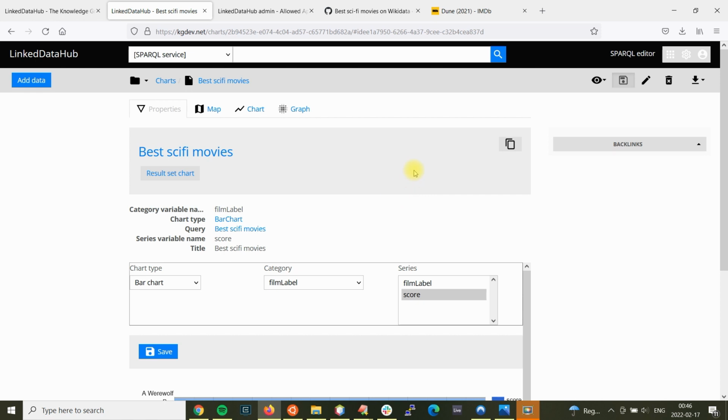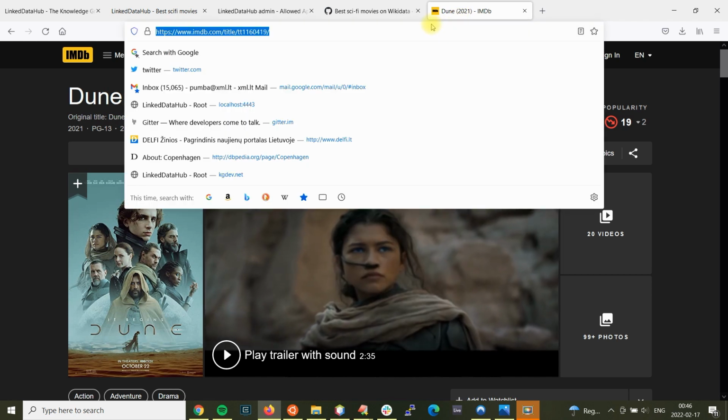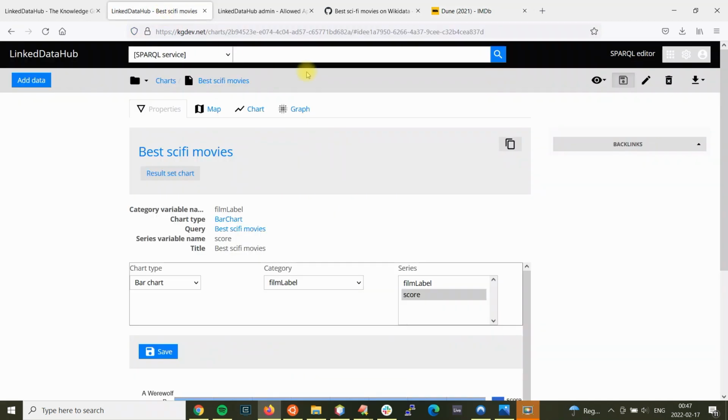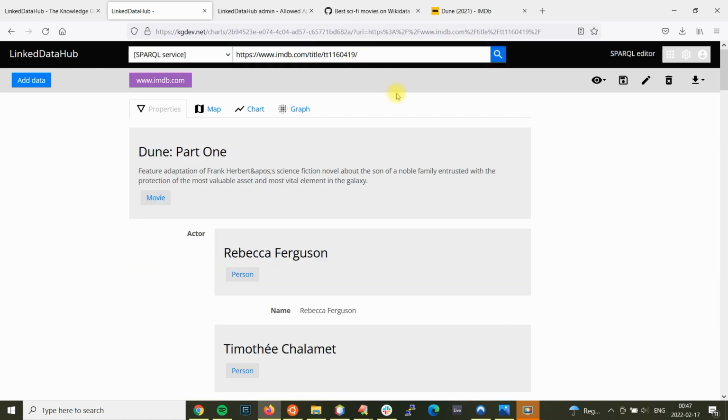So the next thing I want to show you is how to simply add, or copy, or you could say fork data from linked data resources, linked data documents, as well as SPARQL results. In this case, I'll go to IMDb and copy the URL of the movie Dune, because LinkedDataHub can not only read RDF formats, it can read HTML pages with JSON-LD metadata embedded in the script tag. So I can simply paste the Dune URL here, and I can see